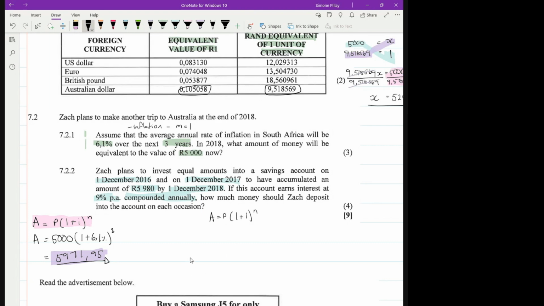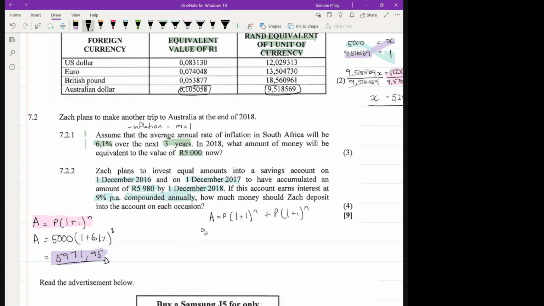But now what he's saying is that he wants to invest twice. So what I want you guys to see is that I actually have two investments that are going to add up to one amount. That's essentially what's happening. He's making an investment on the 1st of December 2016 and another investment on the 1st of December 2017. And at the end of it all, they are both going to add up to